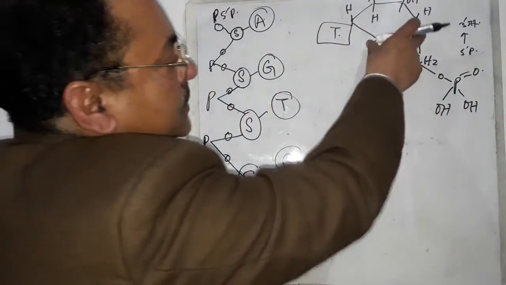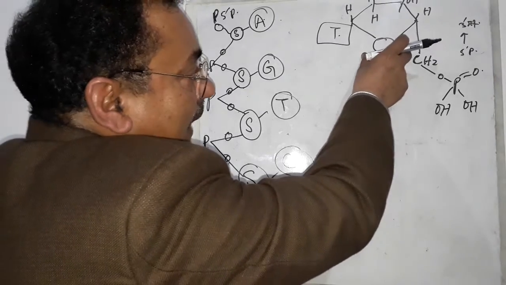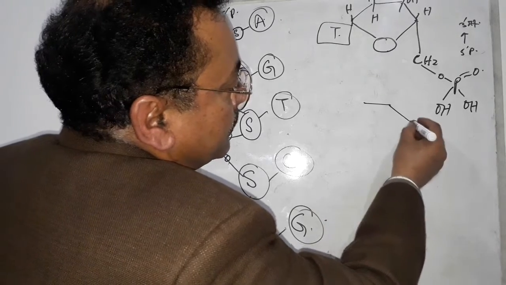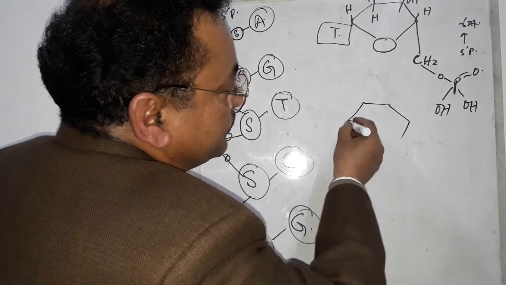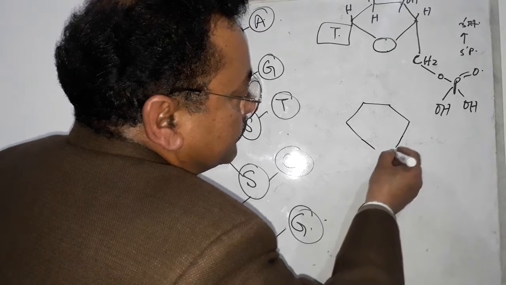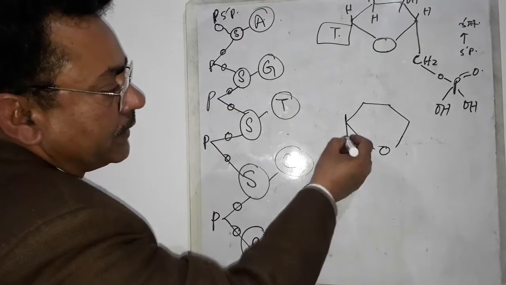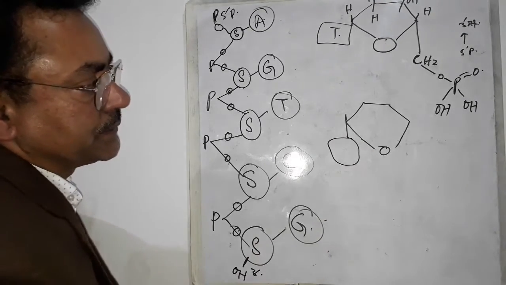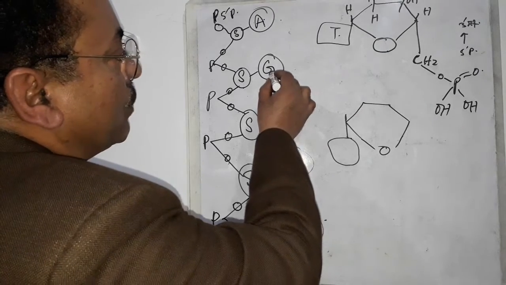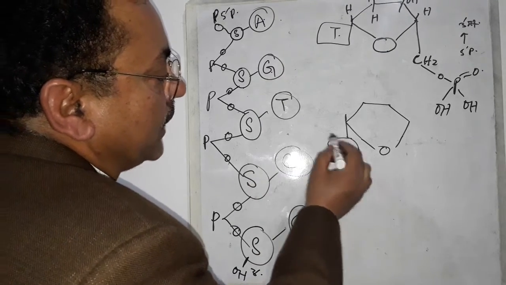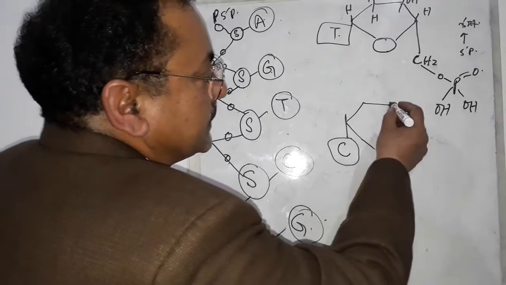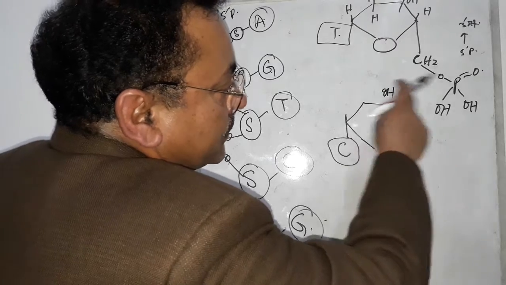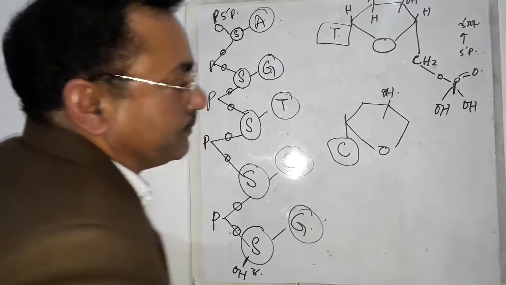And now bring one more such nucleotide. In that nucleotide, we also have to invert the sugar. You have to draw it like this. Here you will keep another nitrogenous base. Suppose here we have guanine and here we have to write cytosine. This is a hydroxyl group. And here we have this phosphate.